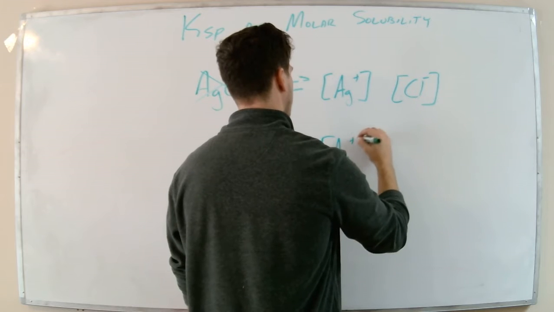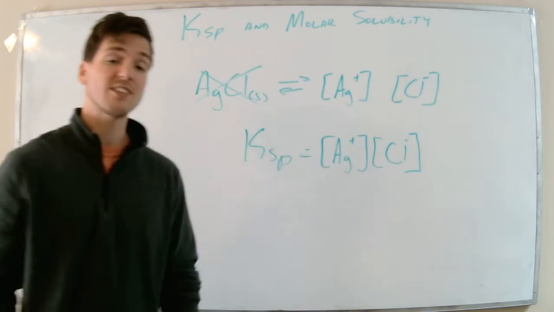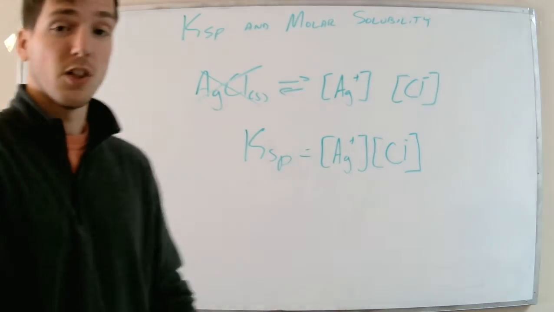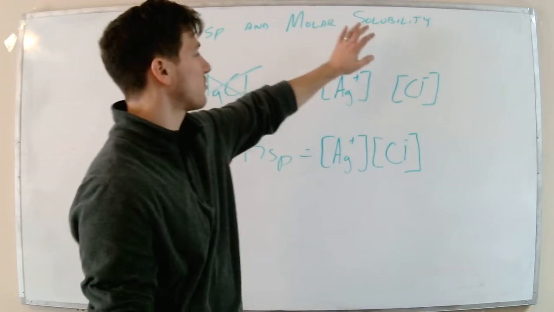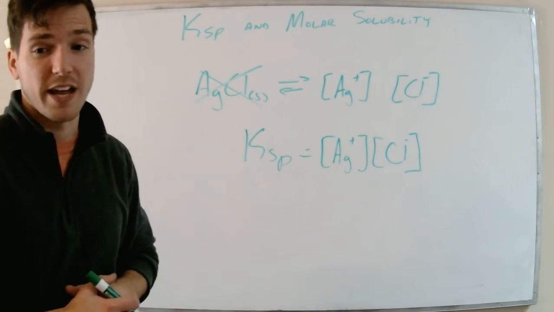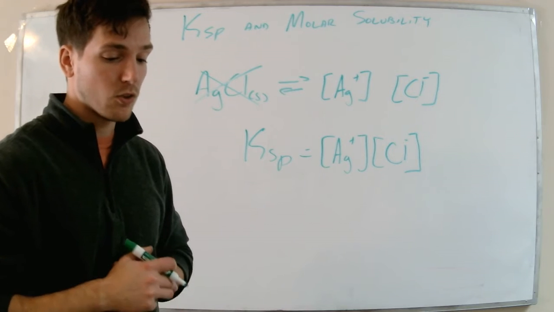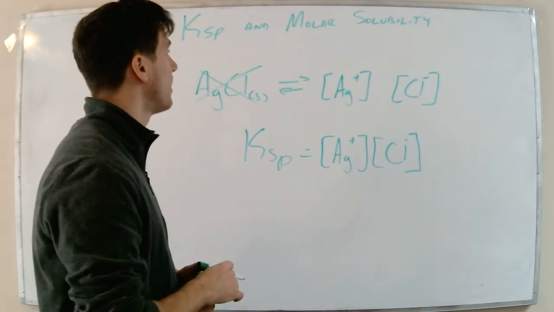It's going to be Ag plus and Cl minus. So that's just a good thing to learn. Always write these Ksp expressions, okay? Because you guys will sometimes forget the squareds that are incorporated in here, and it's always just good to write those down anyway. So let's go ahead and talk about this molar solubility thing and do some problems here